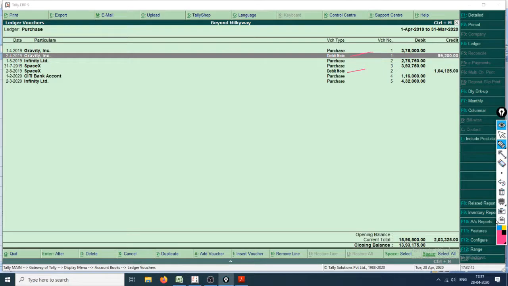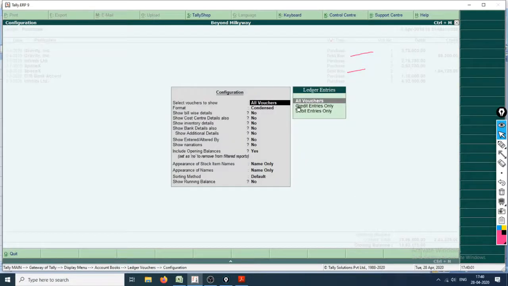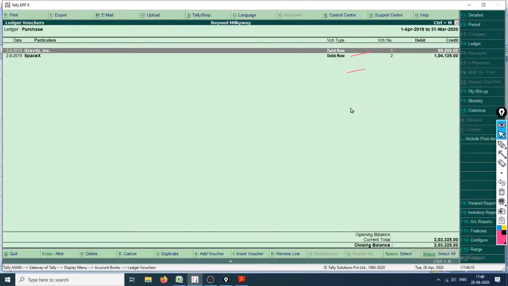How do you filter these vouchers? Go to F12 right here. Can you see it? F12, and then click on credit entries only, because this is the credit side, right?